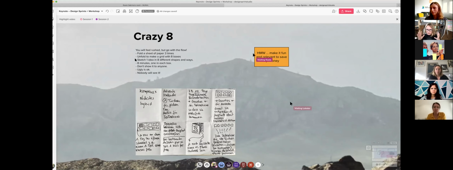You take one A4 paper, you fold that 3 times, always in the middle, then you have 8 frames. And now you are using 1 minute for each frame to take one idea and make 8 variations out of that. Or you look at the idea from 8 different angles or perspectives, or you just evolve the idea. So you are working on one idea, and you need to do that with pen and paper. So don't do that on a Mural board,